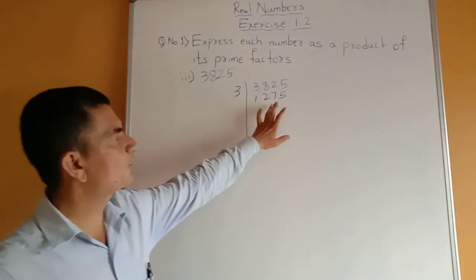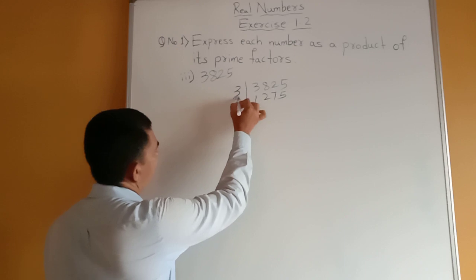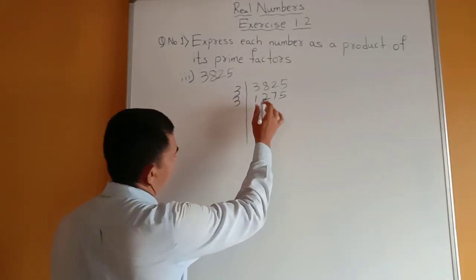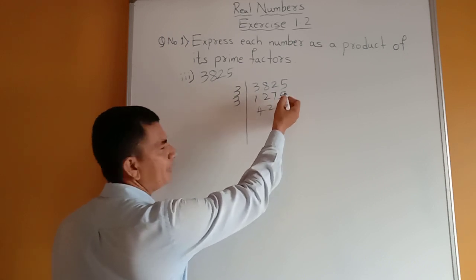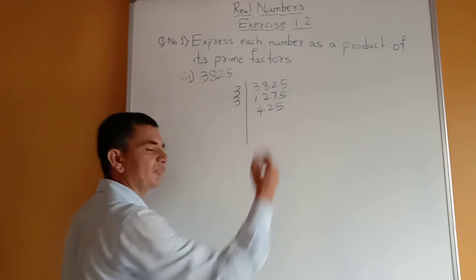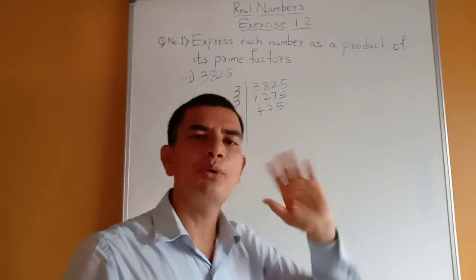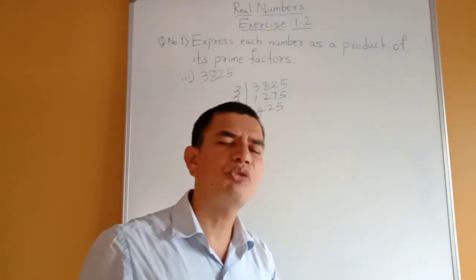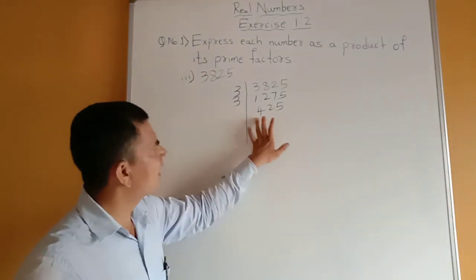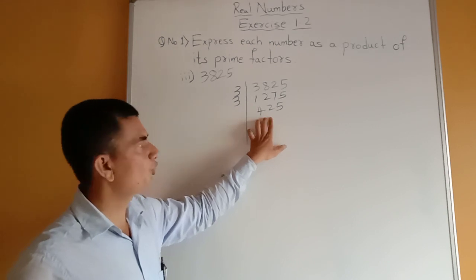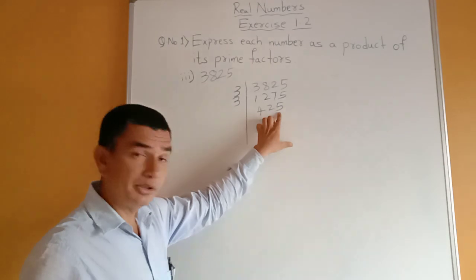3 4s are 12, 3 2s again it is yes, it is divisible. So we can take one more time here as a 3, 3 4s are 12, 3 2s are 6, 1 remaining, it becomes 15, 3 5s are 15. Now we got here 425. Again we have to observe, is the 425 divisible by 3 or not. We can see here 3 ones are 3, 3 4s are 12. In 3 table 5 is not there, so it is not divisible by 3.